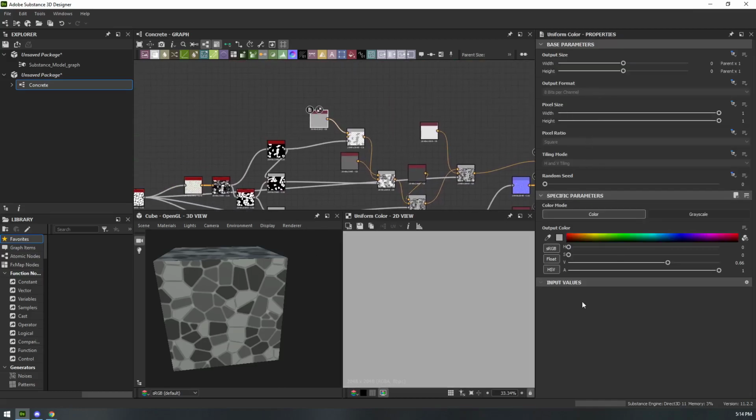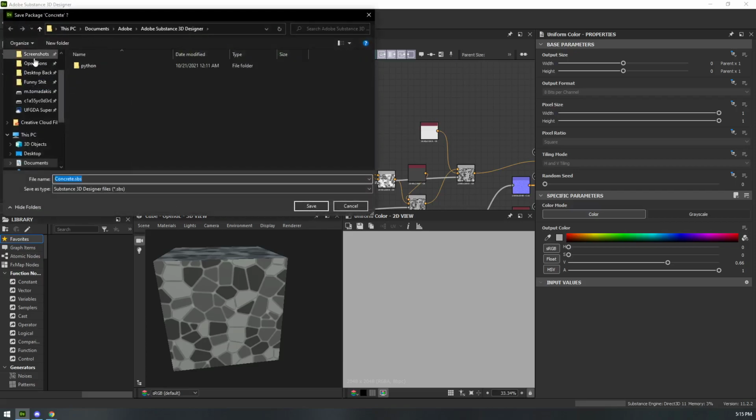Let's maybe expose a parameter or two. So we can for example go to output color and yeah, grayscale, sure. 3D uniform color specific parameters. How do we expose parameters again? I don't quite remember. Let me save this. That would be a good step. In fact, I'm going to save it in our shared drives, Florida Man, new folder,